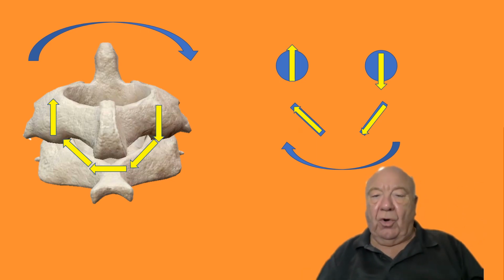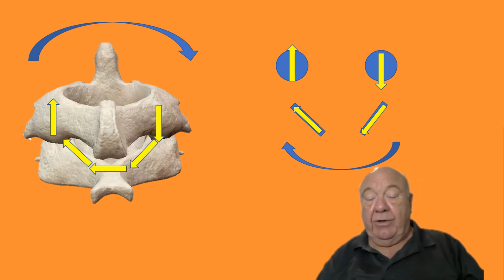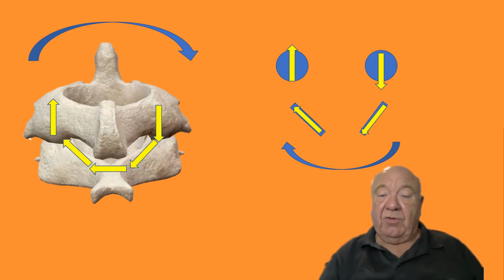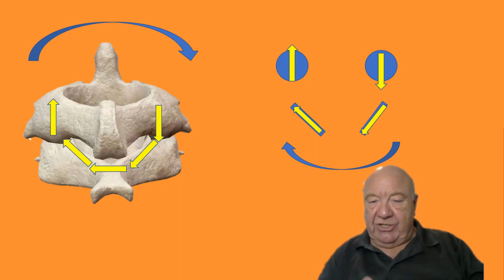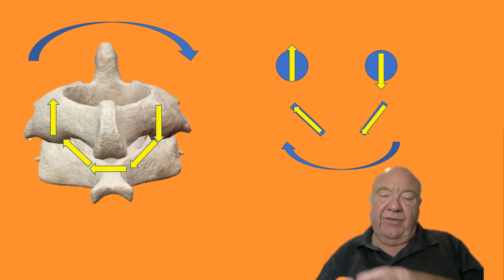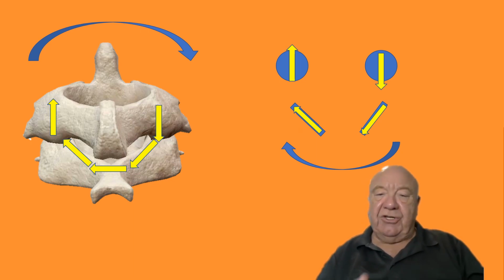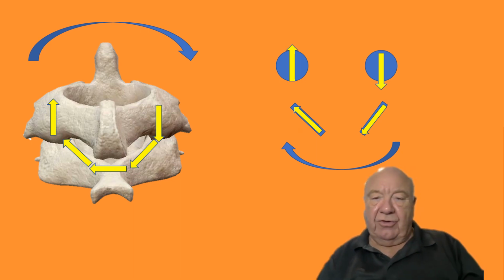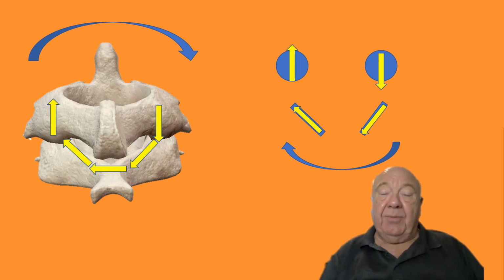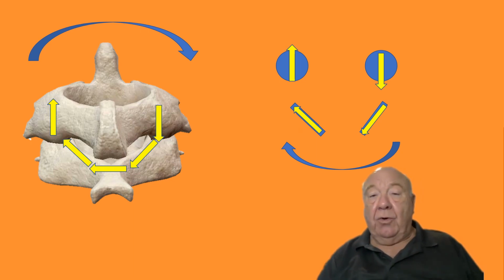composite glide for all of the joints, and that's what you're testing when you're doing these PPIVMs of side flexion, translation, flexion, and extension. You're assessing the translation. If any of these joints are hypomobile, that translation will reflect that and be hypomobile, and the end feel will be off. Here are the facets